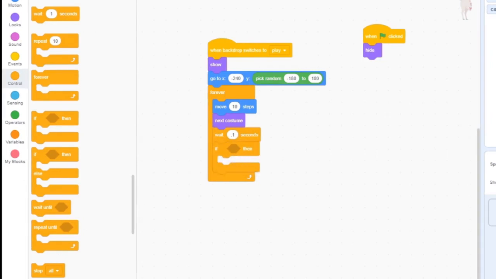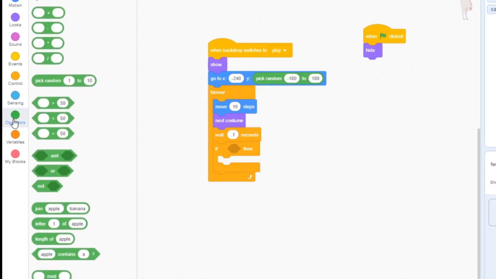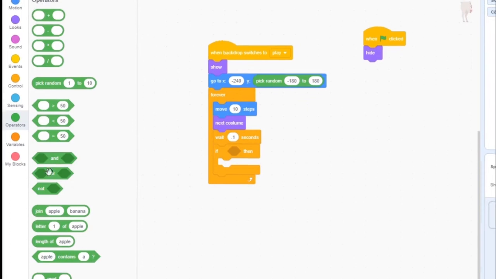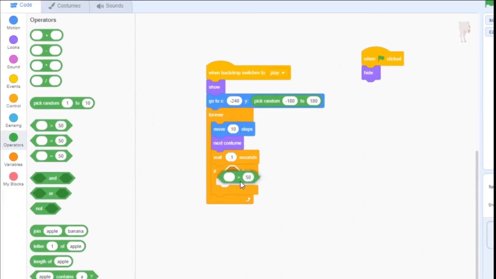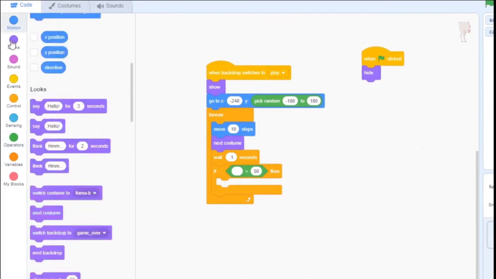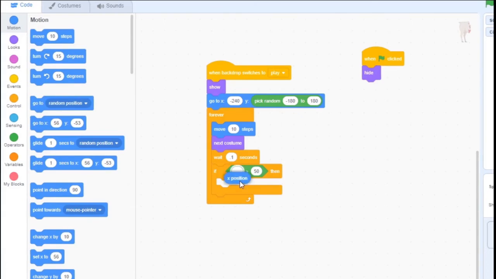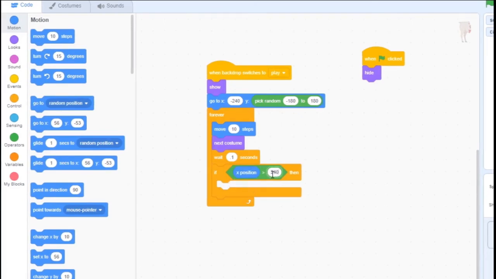If you remember, because you paid such close attention to the Cartesian coordinates thing from last lesson, the right-hand side of the screen is x equals 240. So you're going to ask, when my x equals 240, then we're going to do something. You'll see, it's going to be very clear what we do. So we have the if statement from the control blocks. We're going to check the greater than operator. So if x is greater than 240, which means you got just past the right-hand side of the screen, then